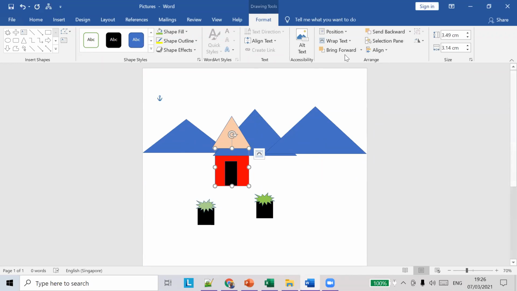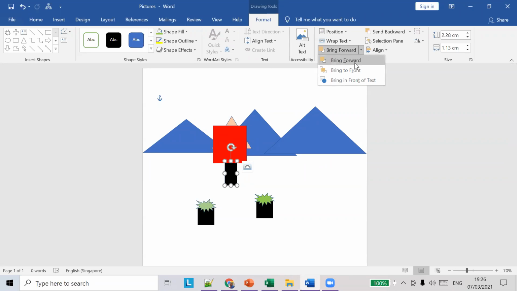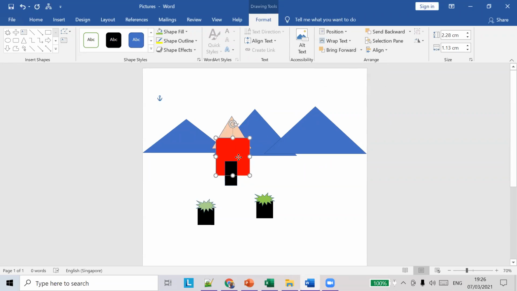Just select the bottom of the house. Select bring to front. Okay, now what you have to do is you have to click this also. You have to choose bring to front. Now you can see the mountains to the back of the house.